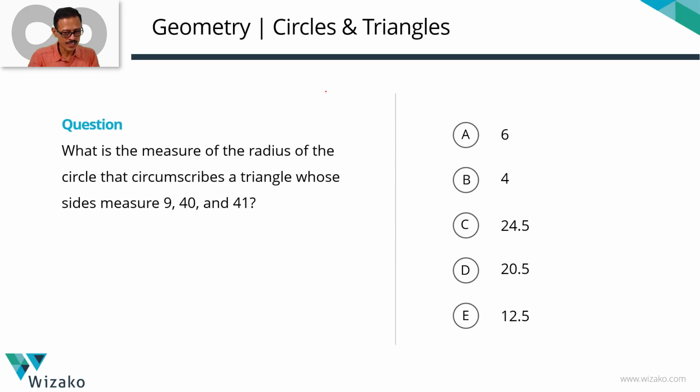This is a GMAT 600 level problem solving practice question. The sample question is from the topic geometry. Two concept areas tested. One, some properties of triangles, specifically related to can we deduce what kind of a triangle we have given the sides of a triangle. And second, properties of circles, specifically properties of semicircles.